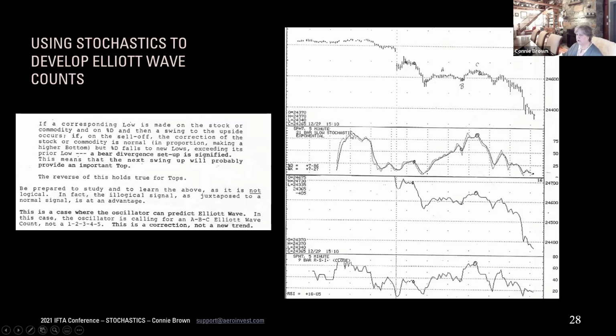It is at a high that's over where the break occurred. Often that's a second wave, and this is a fourth wave. 1, 2, 3, 4, 5. This would be a fourth wave or another second, and the displacement is the same. If it was lower and I was comparing it, and I use 14-period RSI or the composite for that more than stochastics, it shows that I'm of lesser degree.